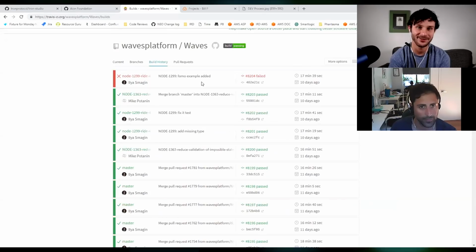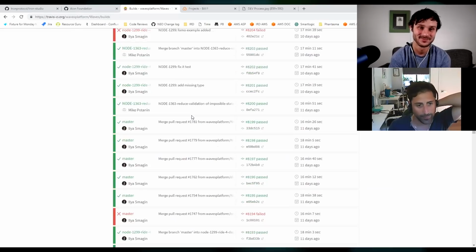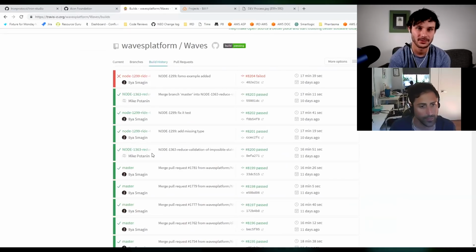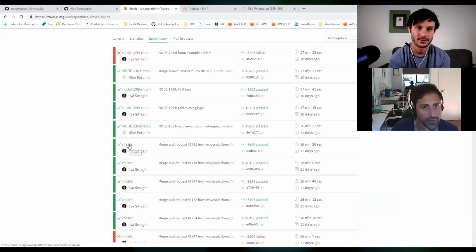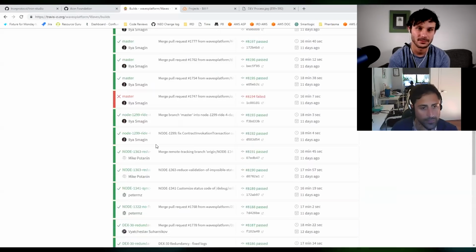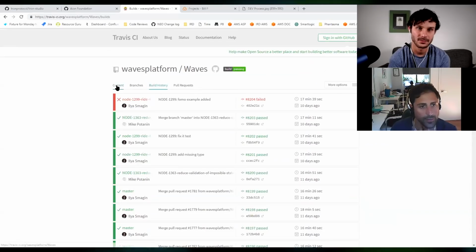That's not on the core branch, but the core build is on. He's just playing around with it. This is one of his branches, right? That he's just messing around with. But the master is passing. So there's a lot of green. So I did like that they're using a